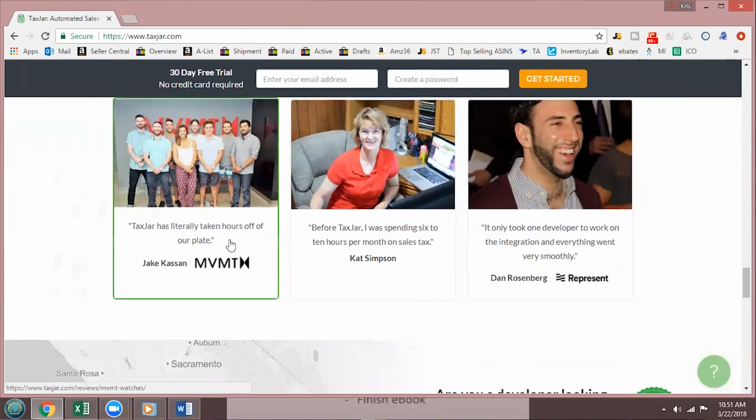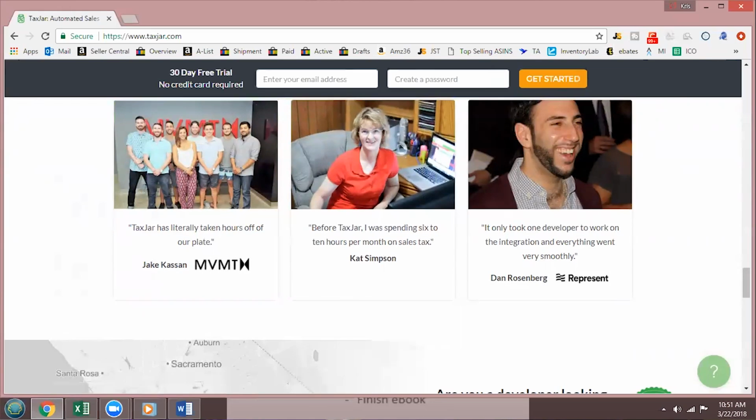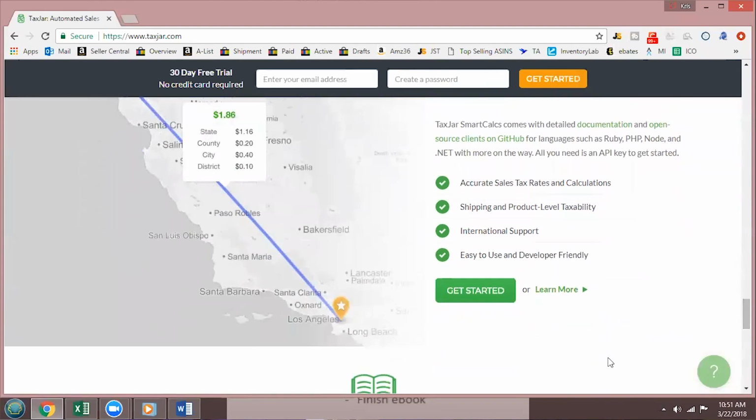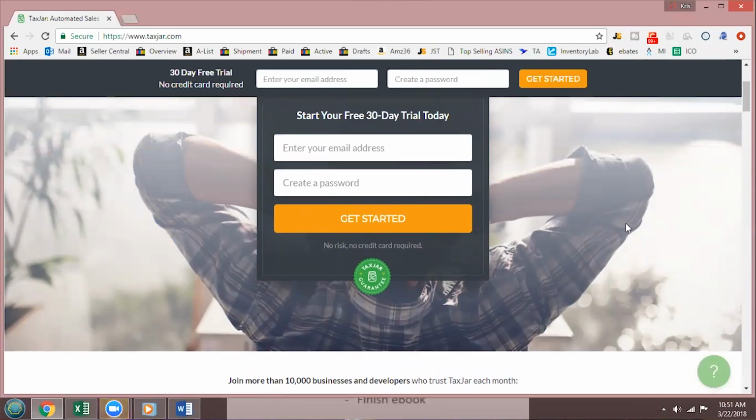So you set up a $20 a month account. They do have a 30-day free trial. However, the 30-day free trial only goes back 90 days for data. If you want past the 90 days, you're going to have to pay the monthly membership. From there, they will gather all of your sales tax data, and they can see which state you sold the goods in, and they will show you how much sales tax you owe. And you can see this as the months go by.